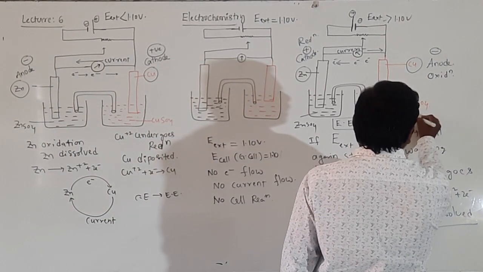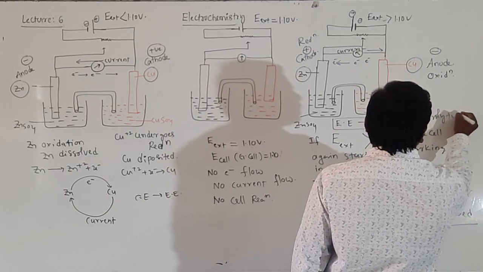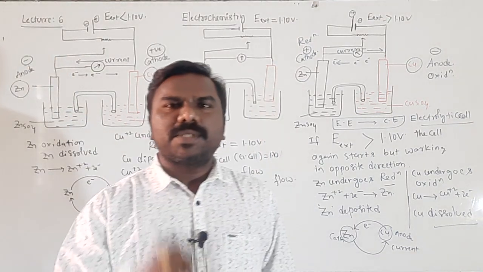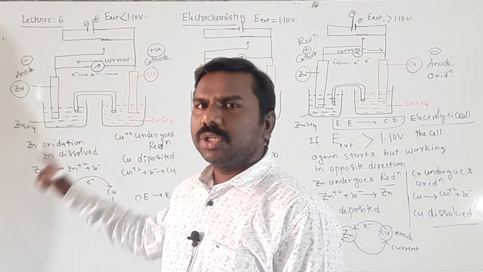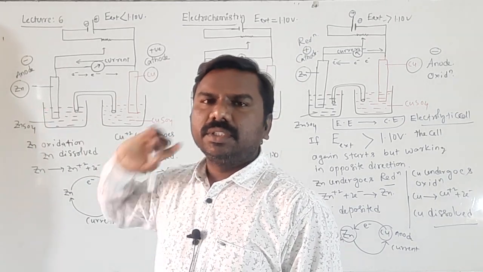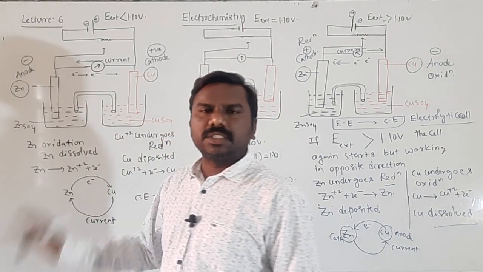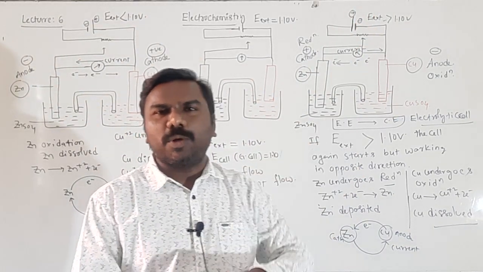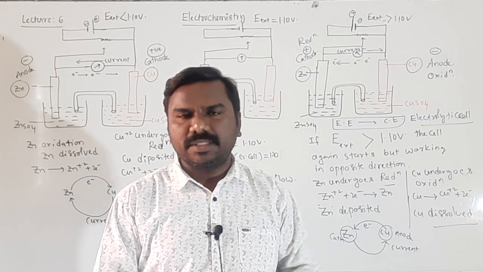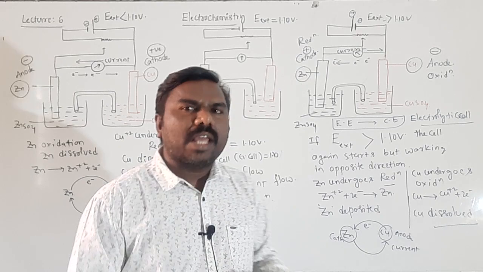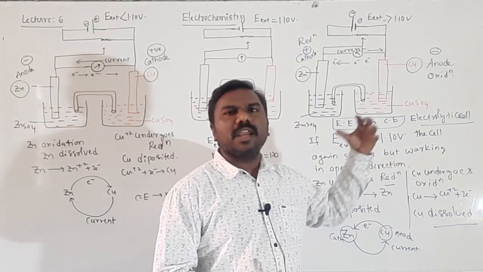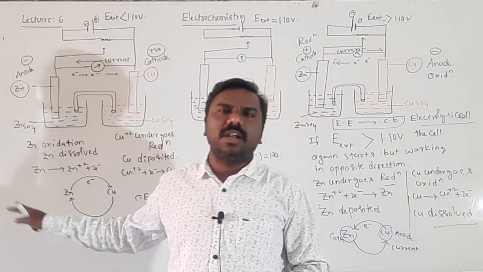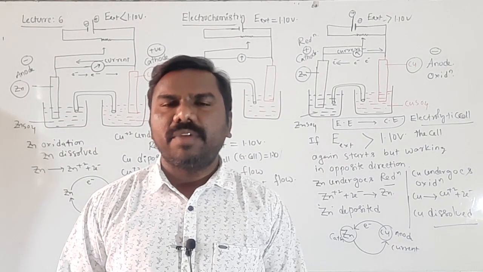That is called an electrolytic cell. Which cell, students? Electrolytic cell. Electrochemical cells are of two types. One is the galvanic cell, in which by chemicals electricity is generated. In the electrolytic cell, if you apply more opposing electrode potential, it means if you pass electricity, then chemicals will be generated. This is called an electrolytic cell, and that is the galvanic cell. Very, very important.